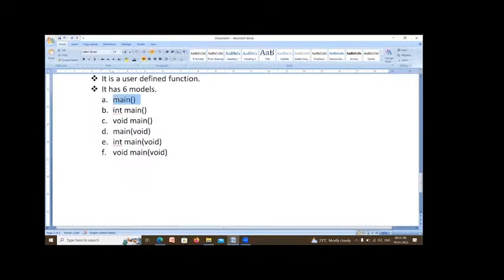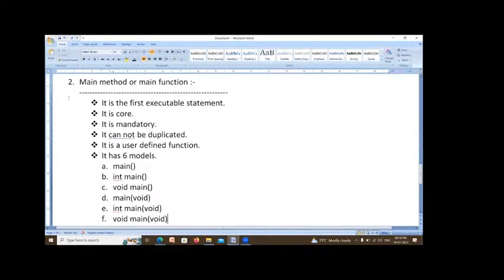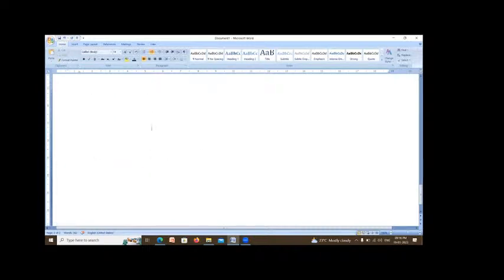It indicates the return data type, actually. What this function can return means it can return an integer, or it can return nothing. Void means nothing. It doesn't return any result from this function. You may not understand such words now. I will explain them in the topic of functions. So that is about the main function.